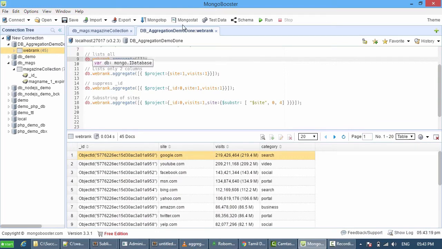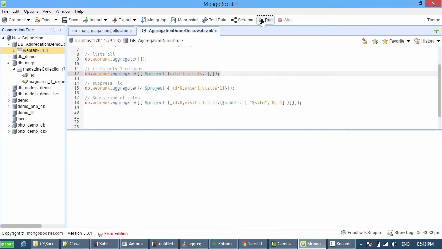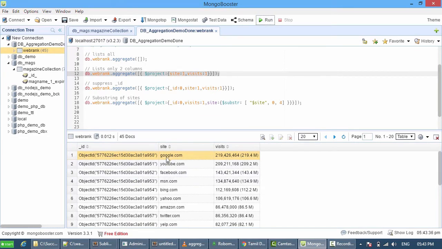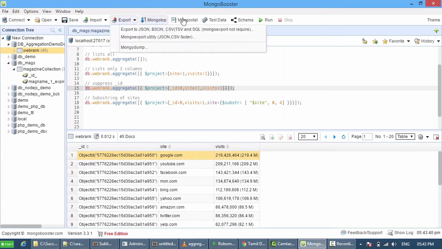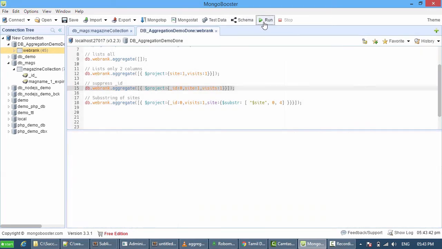Let me select all the columns using an empty aggregate function. Let us select only 2 columns using project operator. So the result is clear. We have only 2 fields, site and visits. Following that, let me suppress the ID.